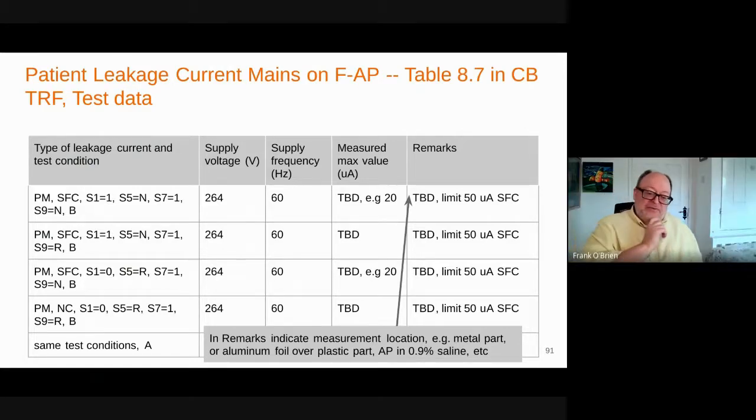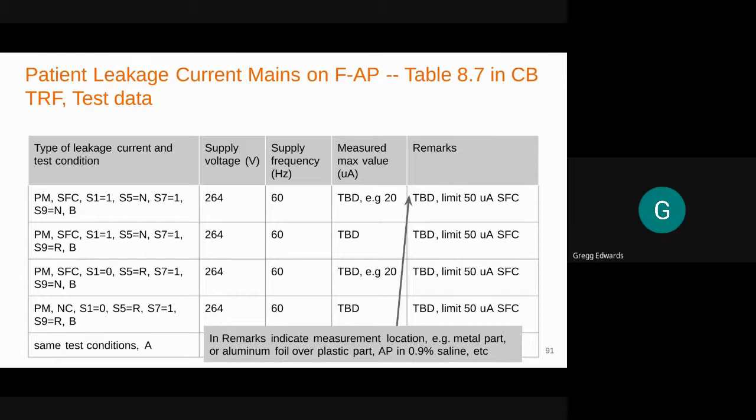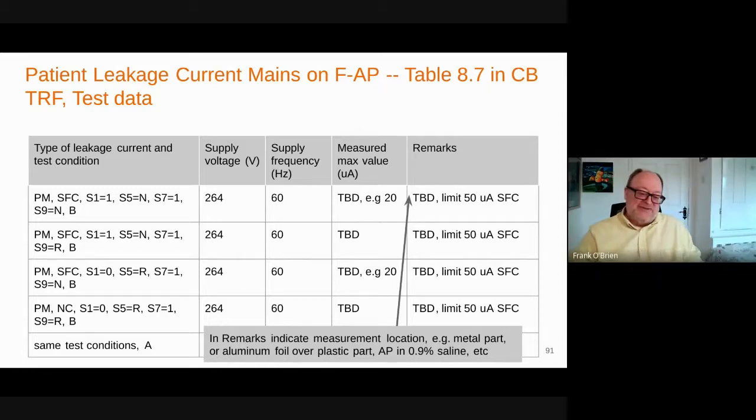No. So, well, you could, but then what are you going to leak to? What's ironic is having the earth intact is actually worst case, because now you've got a sink to the source. You've got mains on the applied part, a source, and it's looking for earth. So if you take the earth away, it's not really going to be able to leak through the product. Right. It could be lying on their surface. You might still have that, and you might get some leakage, but